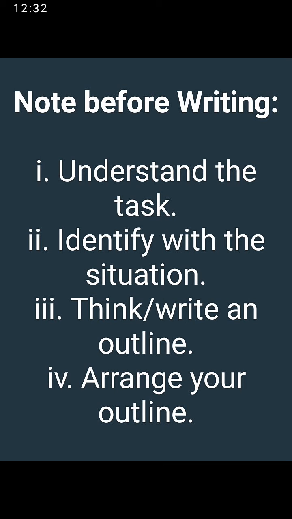Now you may wonder, do I need to be writing outlines, writing all these things, arranging them before I write a letter? Yes, for the practice, it is very, very important. So long as you keep practicing writing your outline, gradually it becomes part of you, so much that you may not necessarily want to write it.